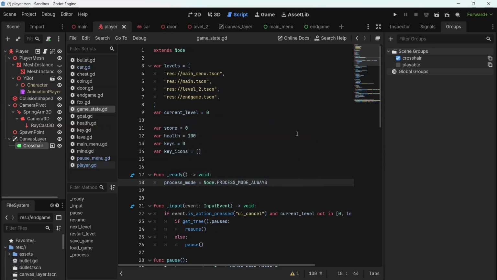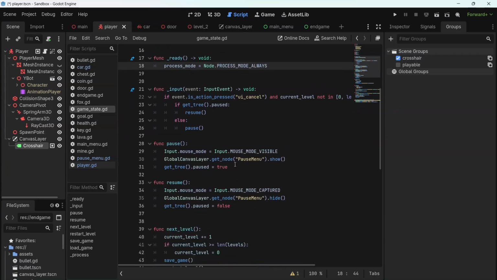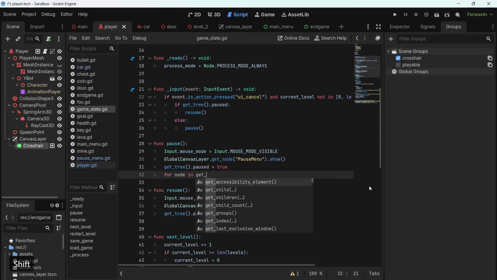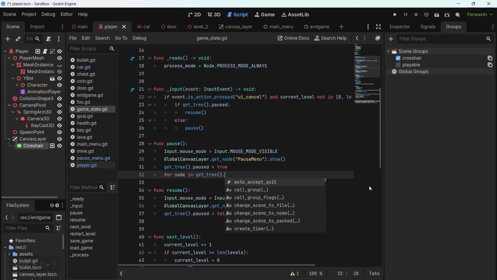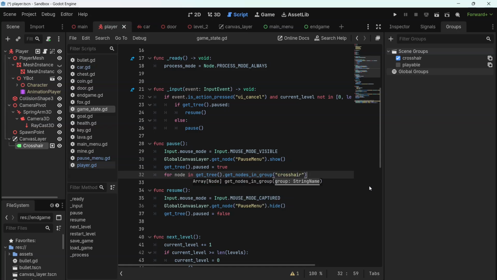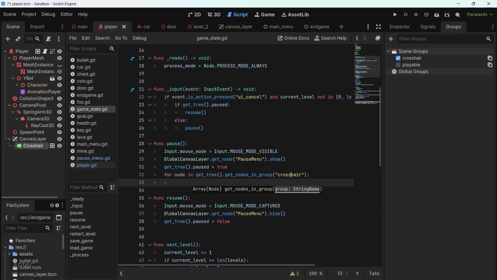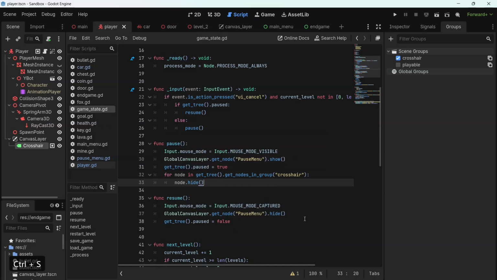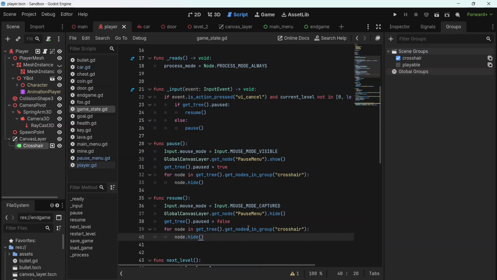And then in my game state script I can access anything in that group. So when I pause the game, I'll add for every node in get tree dot get nodes in group crosshair, and this will run a loop for every single thing in that crosshair group, which is only one thing, and we can write node dot hide if we're pausing the game, and then copy that entire block into resume, get all of the nodes in the crosshair group,